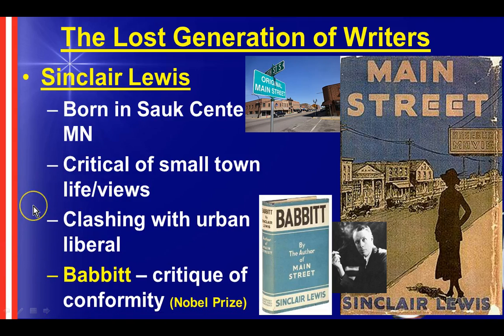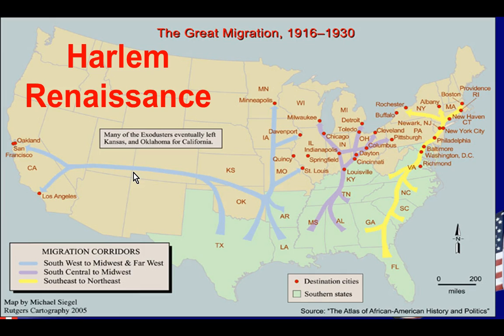Another significant writer is a guy by the name of Sinclair Lewis, from another Minnesota theme here in today's lesson. Born in Sauk Centre, Minnesota, west of Minneapolis-St. Paul. He wrote a book called Main Street, and it was basically about his small little town, critical of small town life and views that clashed with urban liberal thinking, exemplified here in a city gal from St. Paul that travels there and lives there with a love connection involved. But for a Nobel Prize that he wins, he's well known for a book called Babbitt, again having that kind of cynical view of American thinking and views at the time.